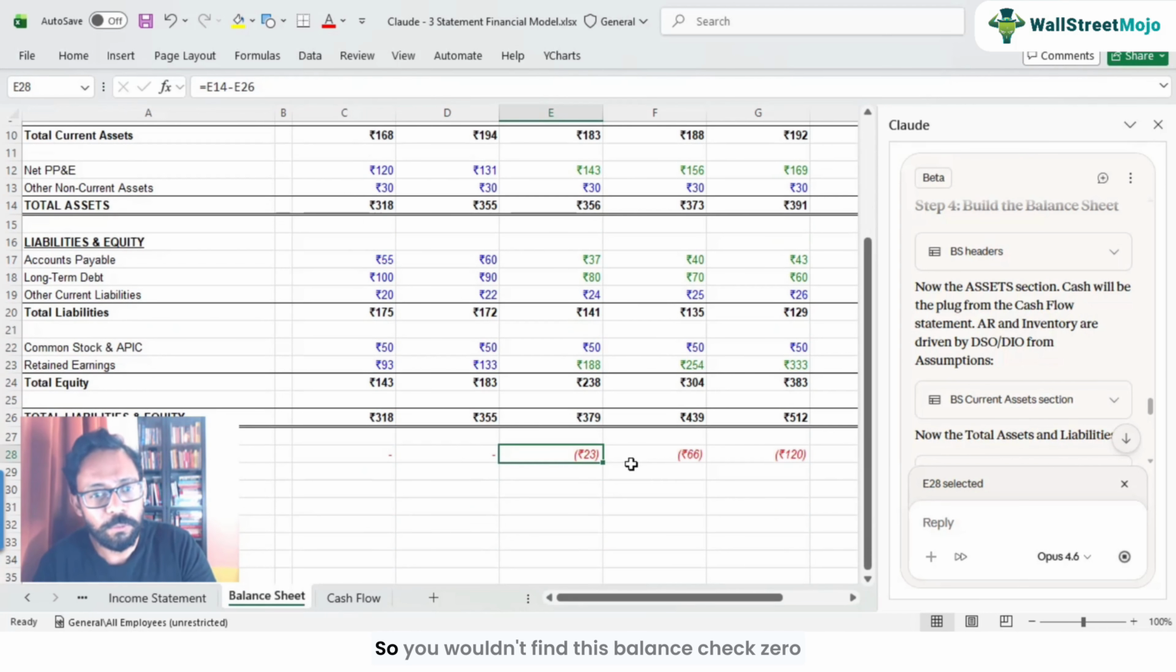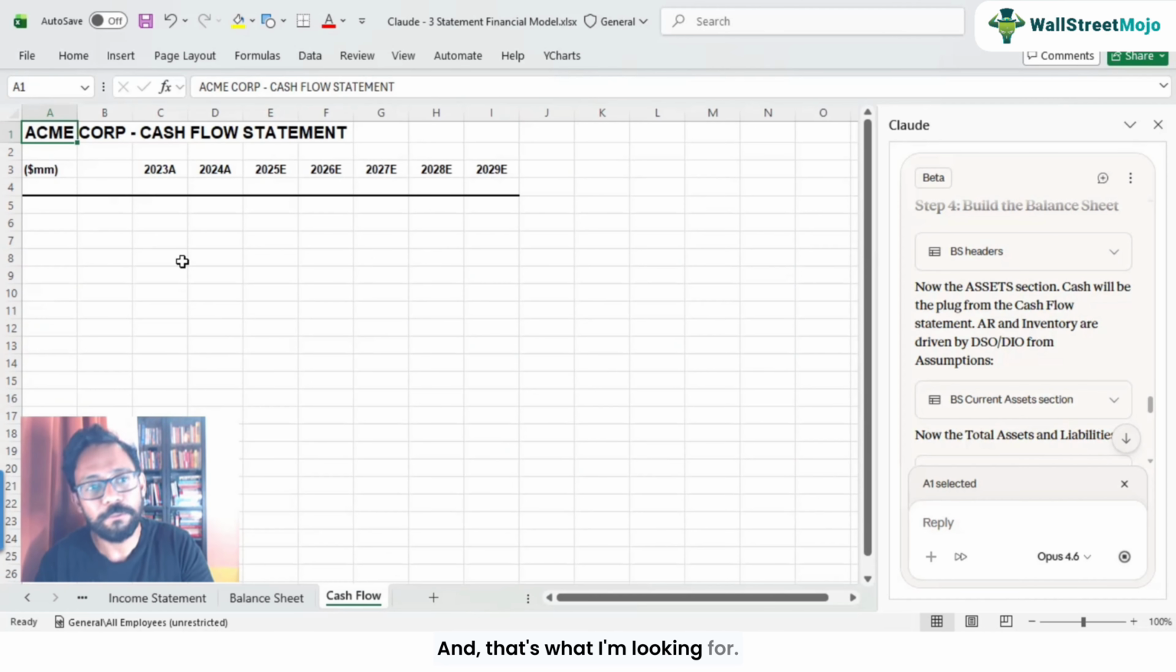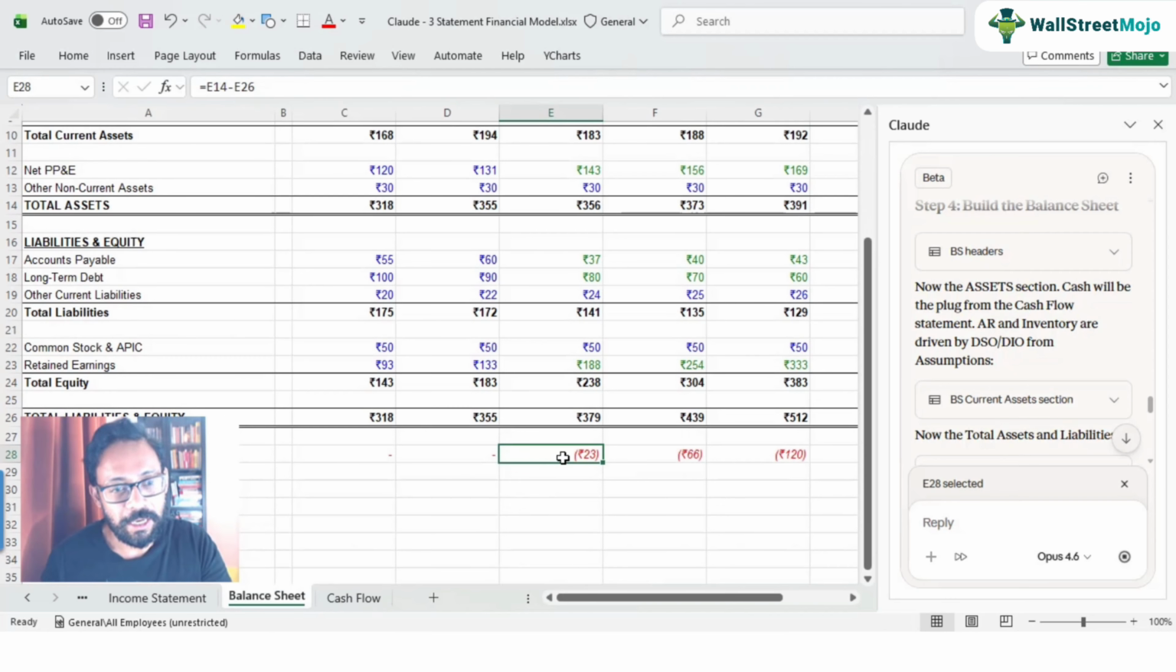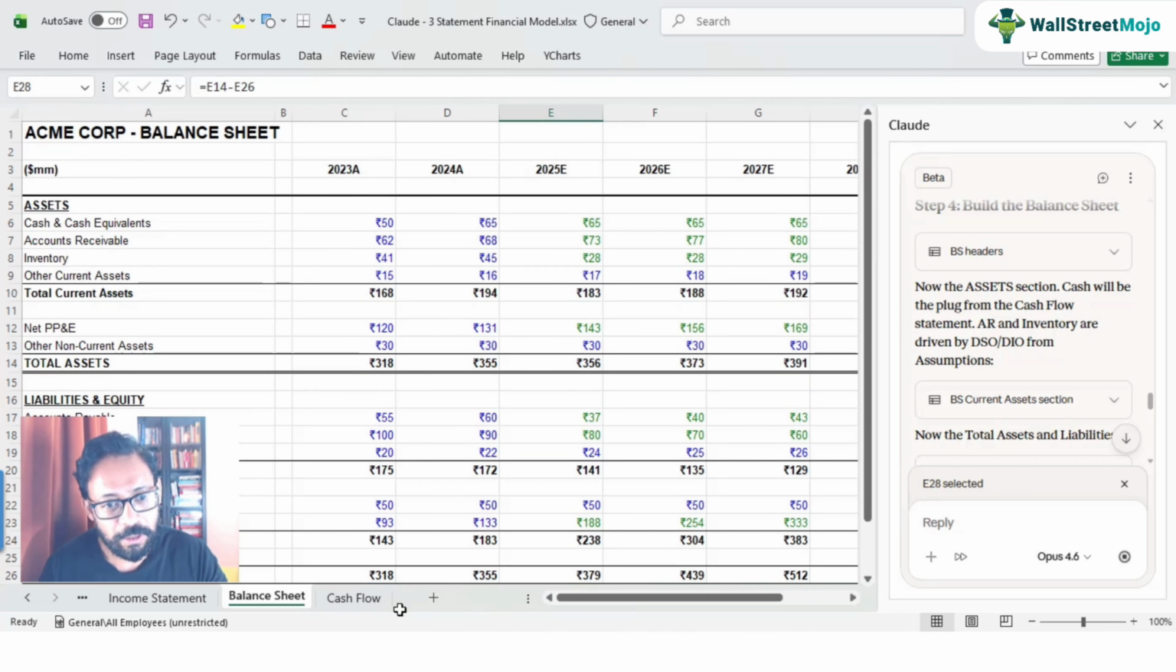So you wouldn't find this balance check 0 as soon as you complete the balance sheet. It's actually the last step, and that's what I'm looking for, that once the cash flow statement is complete and all the linkages are appropriate, I should see this balance check, that is the assets equal to liabilities and equity. This should be equal to 0 then. Okay, until it pans out the cash flow statement, let's now kind of look at the other things,